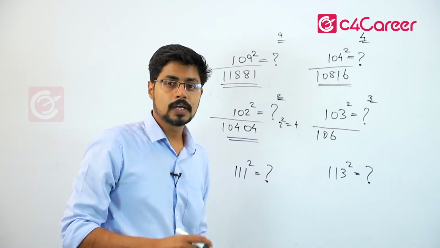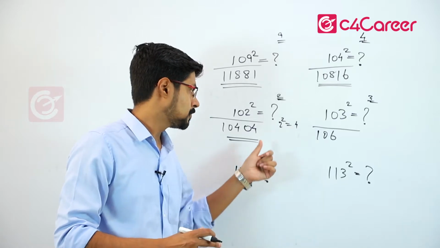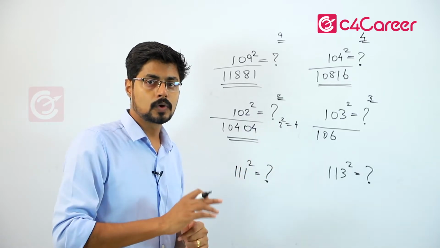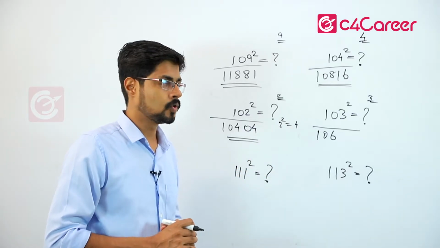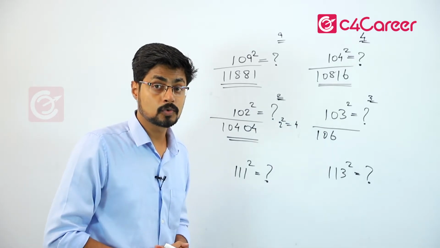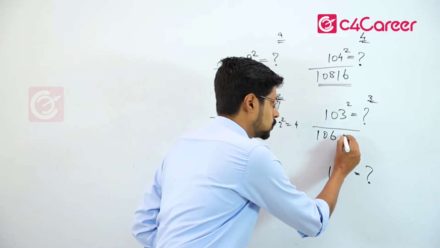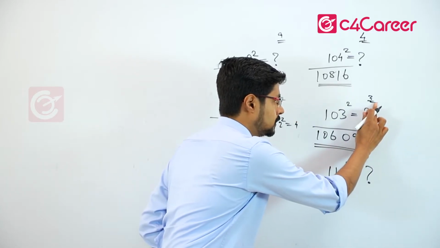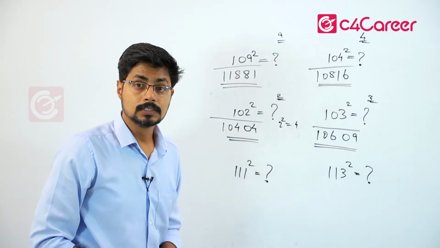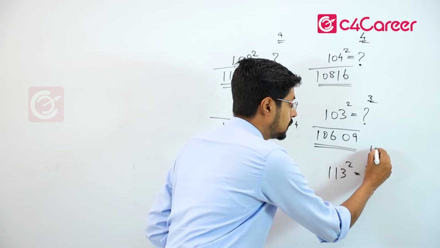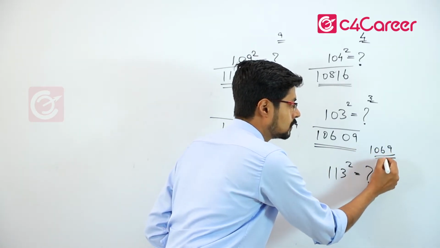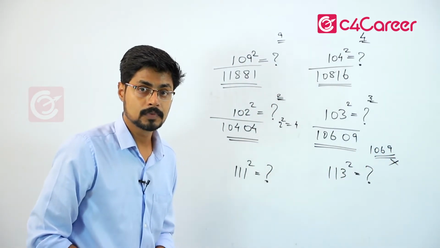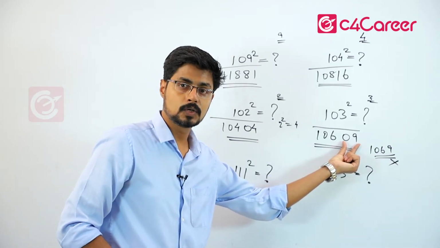So 3 square we are going to get 9, but remember from here we have to make it 09. So always remember, the second part is always 2 digits. So we got 3 square 9, but we will have to write it as 09. If you accidentally write it as 106 and simply the 9, then the answer is wrong. You will have to always write it as 09.